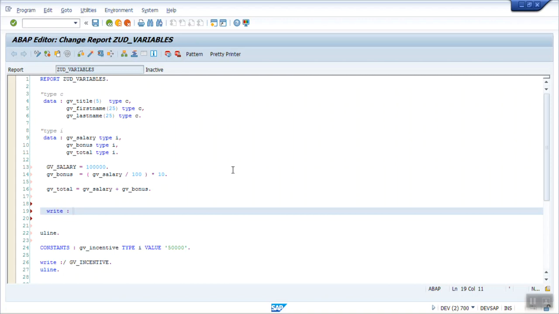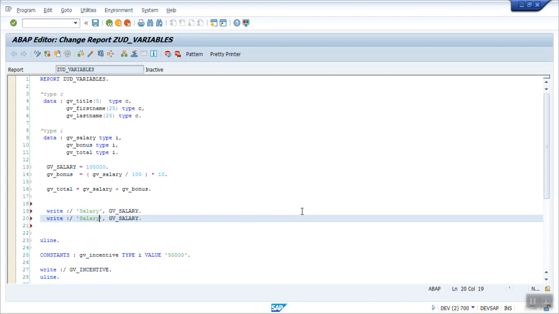Write, GV underscore, let's say, first write salary, that is GV underscore sal. Then on the second line I want to add bonus, that is GV underscore bonus.